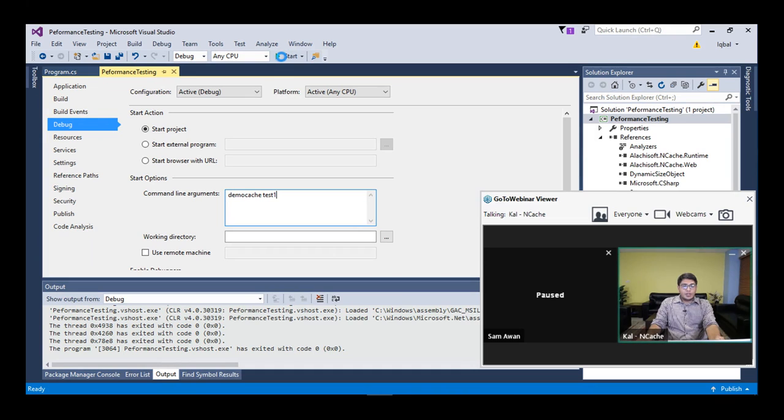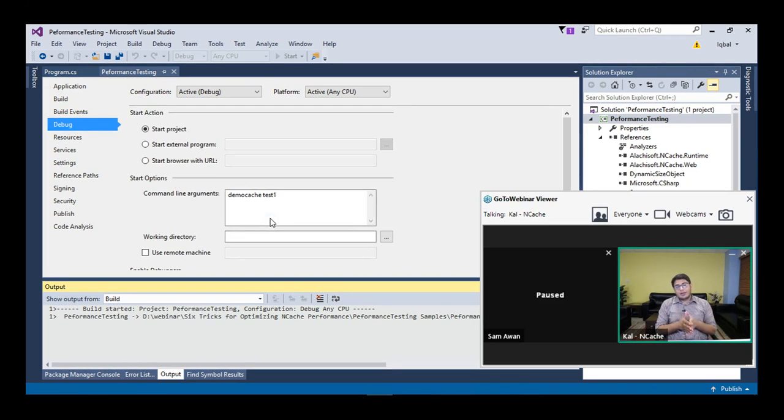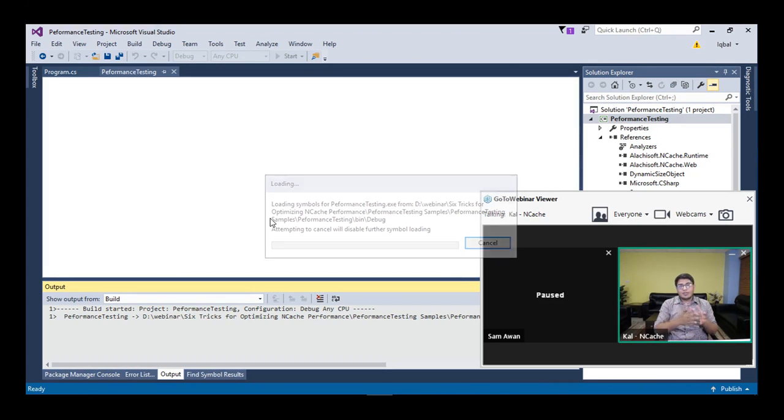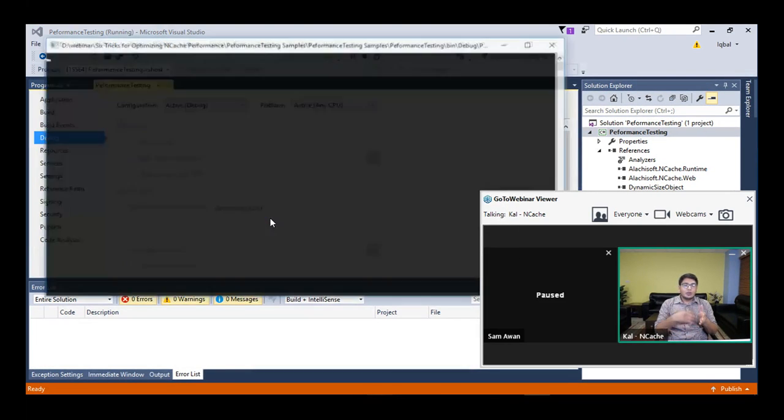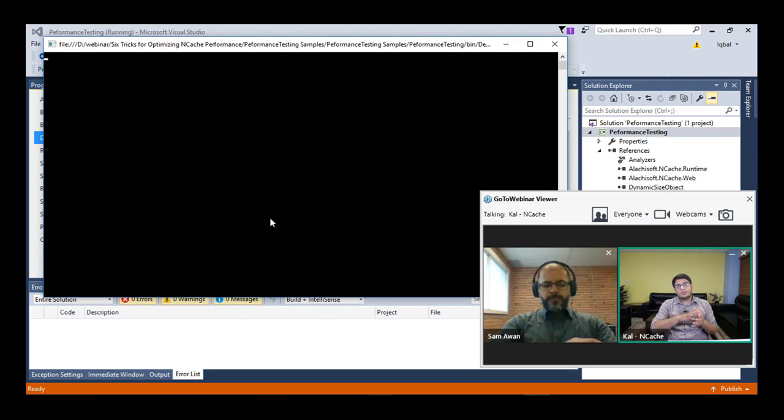Let's wait for it to start, and then I'll give some more details around how compression actually helps in different scenarios. How compression works is that once the client is sending these items to the cache, it is sending them as compressed. So how compression helps is that once the item is traveling over the network, it is of a smaller size, and once it is staying in the clustered cache, it is taking less space as well.